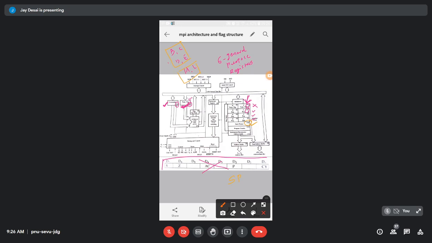When processor executes its main program, in between assume some interrupt is over there. So what processor has to do? Processor has to give the service to that particular interrupt. So for the service to that interrupt, what processor has to do? Processor has to stop its main execution. Before stopping its main execution, what processor will do? Processor will store the